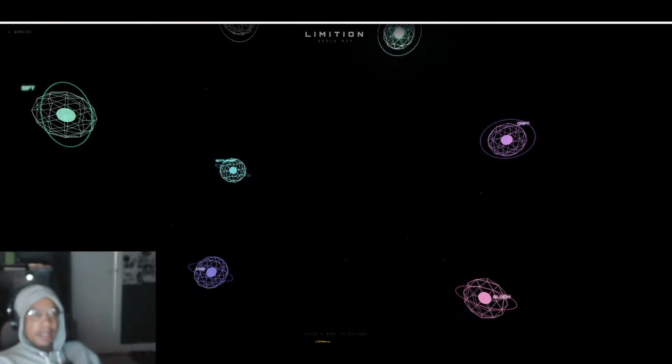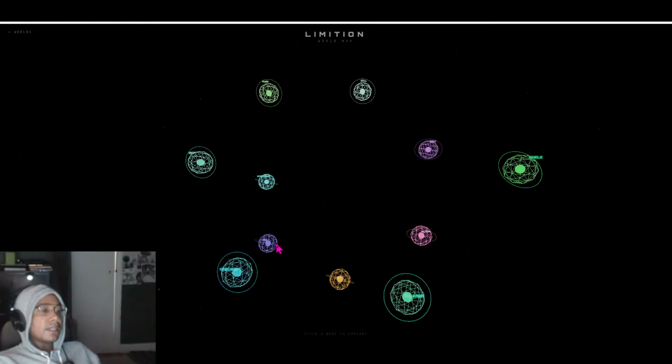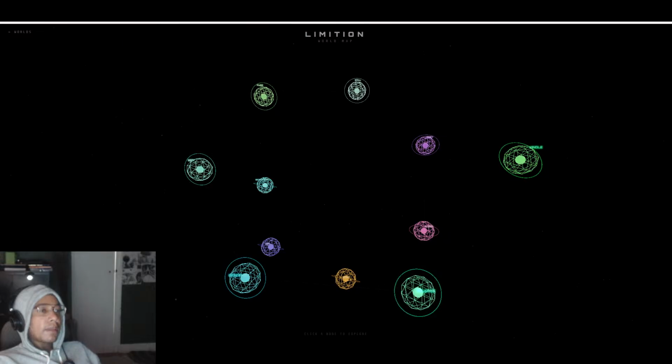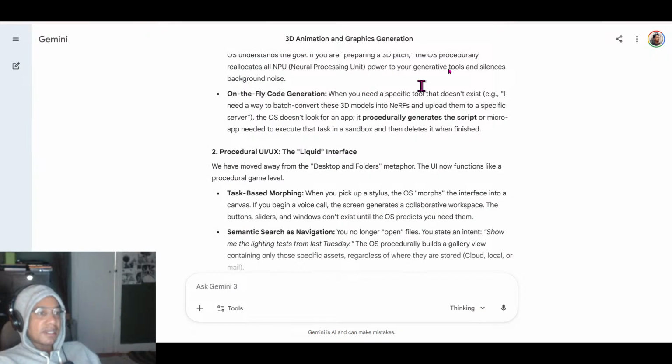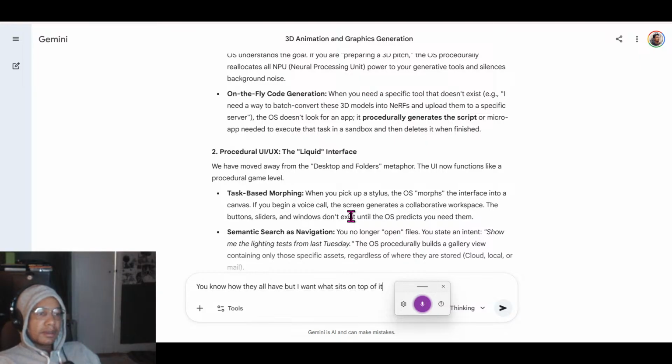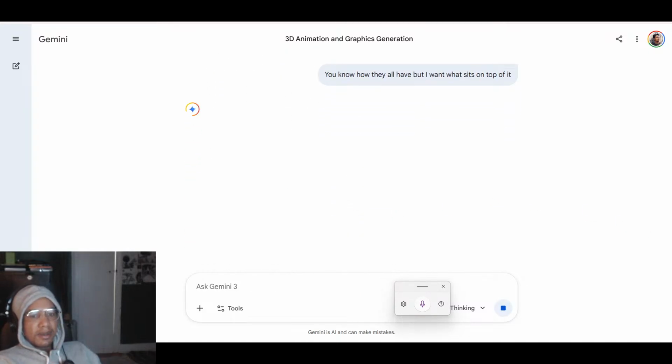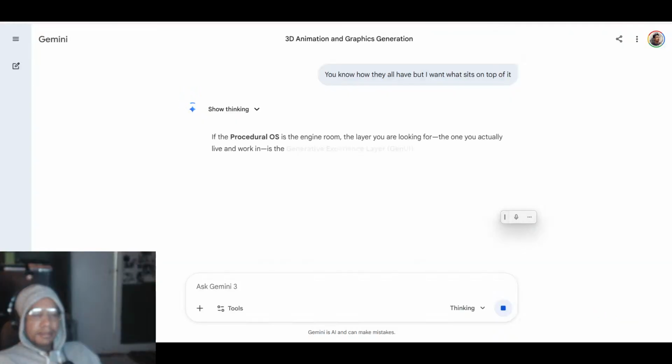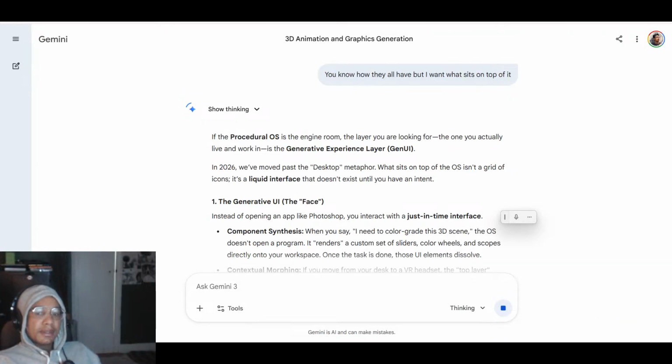Now it would be important to see if we could, okay, I'm going to be explicit. I'm going to tell it that, okay, so you know how Windows, they all have this kernel, but I want what sits on top of it. Isn't that what they call the shell? Let's find out. Let us find out what